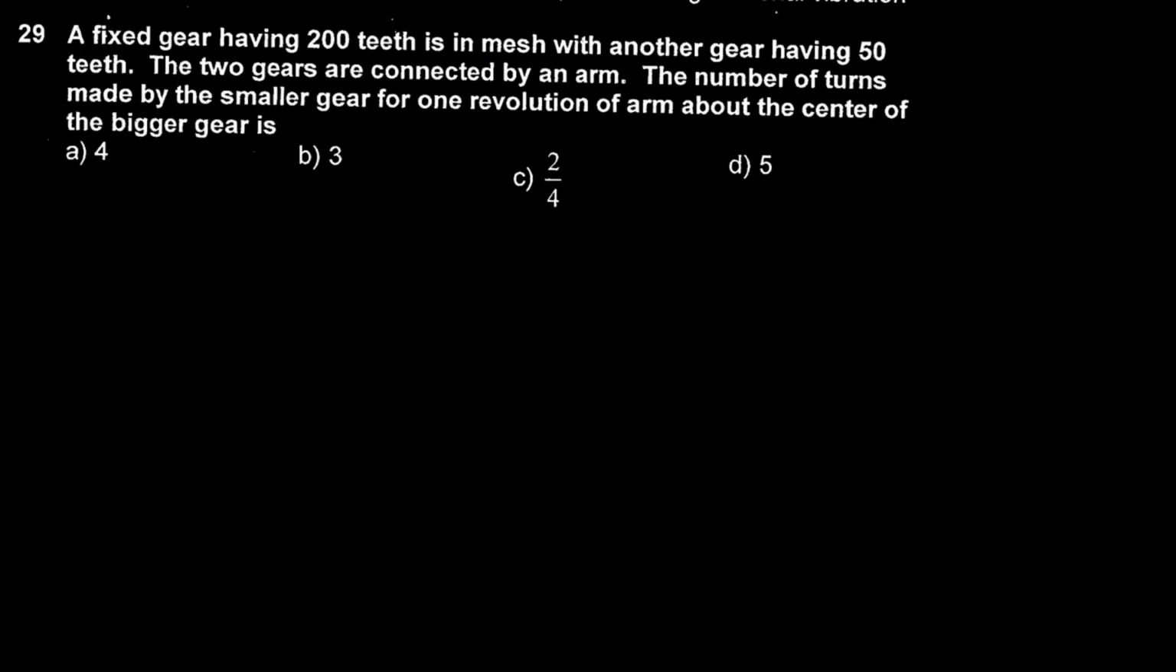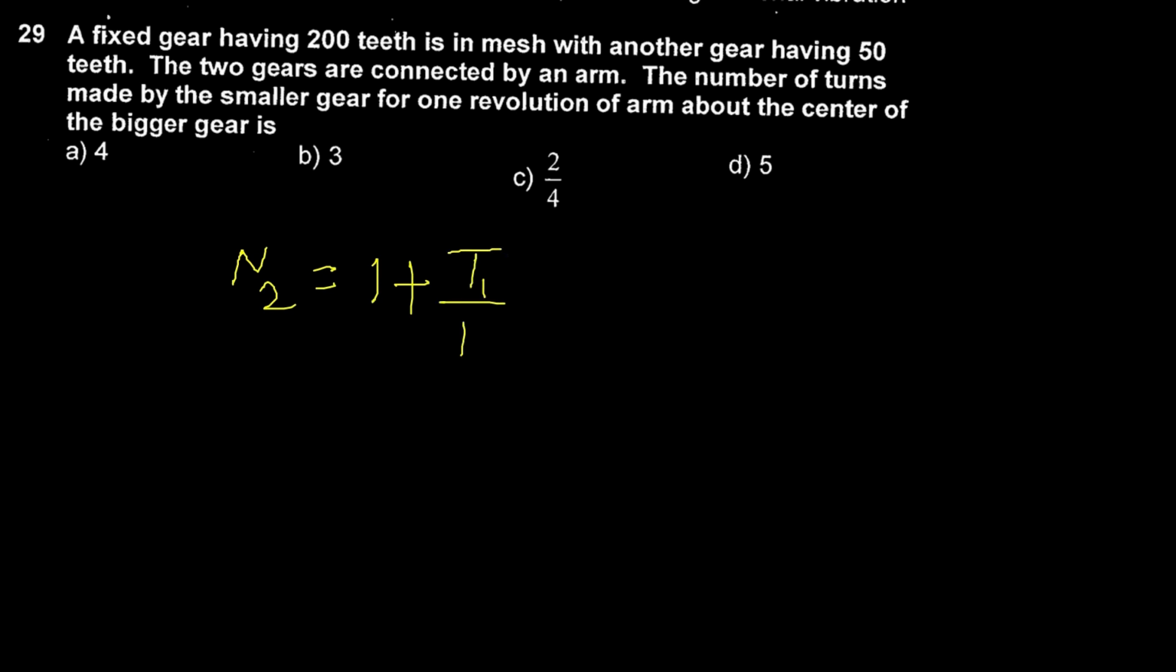Next question. A fixed gear having 200 teeth is in mesh with another gear having 50 teeth. The two gears are connected by an arm. The number of turns made by the smaller gear for one revolution of arm about the center of the bigger gear is. In order to find that, it is simply N2 is equal to 1 plus